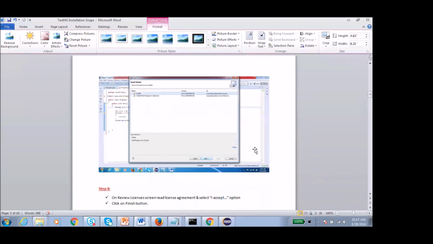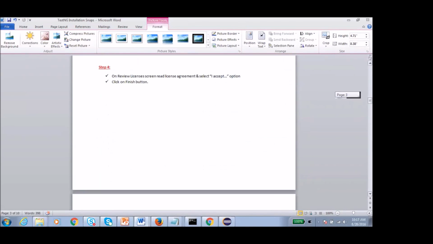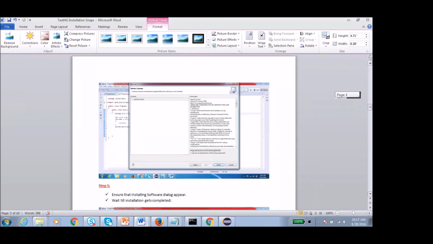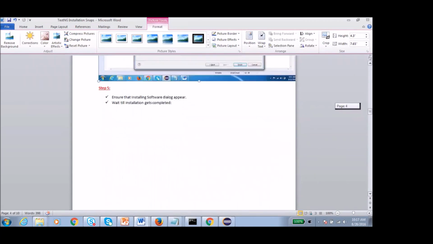Once you click on next, it will show this window; select TestNG again and click on next. After that, it will ask for agreement. Just click on the agreement radio button, I agree with the terms of the license agreement, whatever is written, and click on finish.